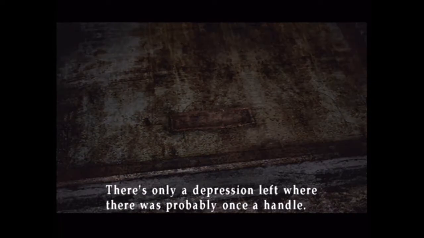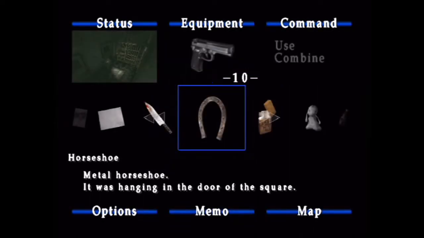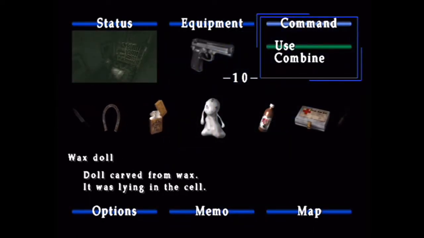There's a cover on the ground, but I can't open it. There's only a depression left where there was probably once a handle. That was the hint I got earlier. Well then, why don't we...